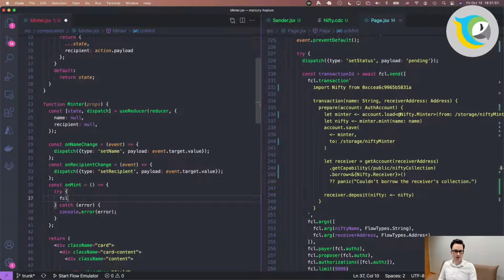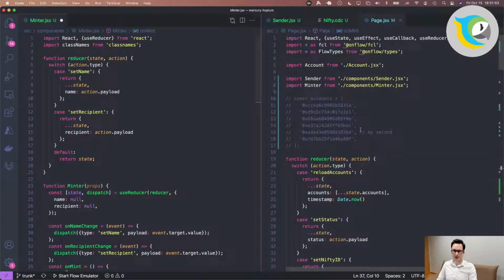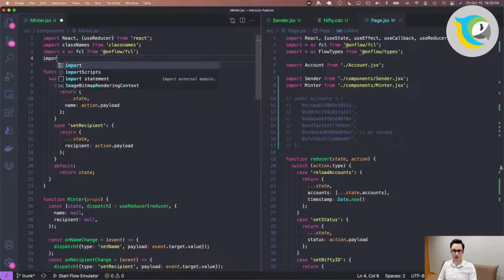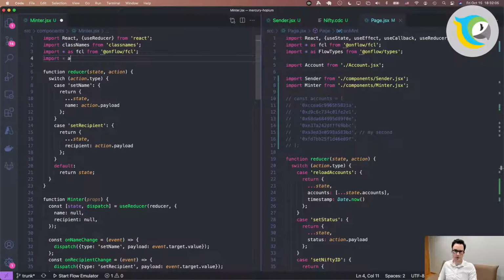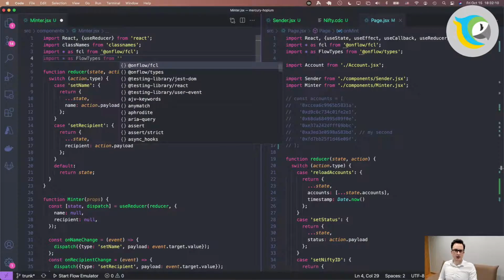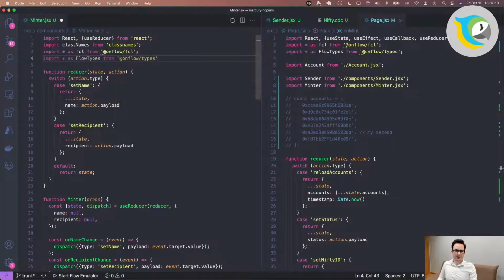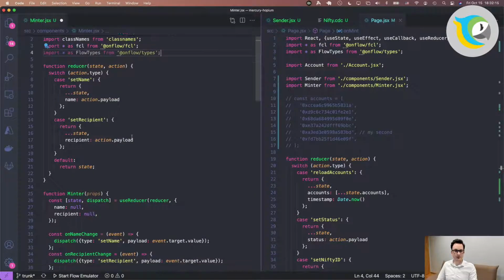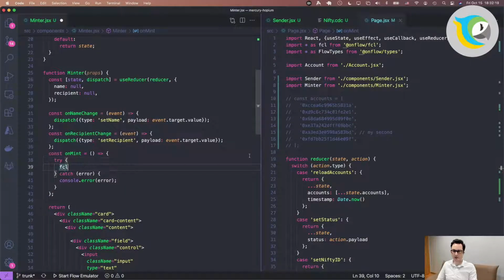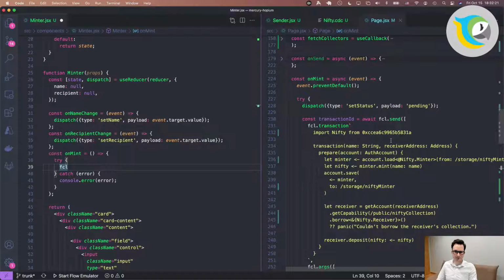So inside of the try section of this try-catch block, we're going to create an FCL transaction. So we need to import that, I guess. All right, so we're going to import everything from FCL as FCL. Okay, and we also need float types, and float types are useful when we're sending things to and from Flow. Okay, so we have FCL, we have float types for a later time, and we're back into this block right here.